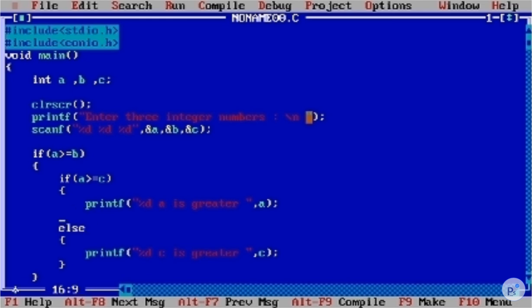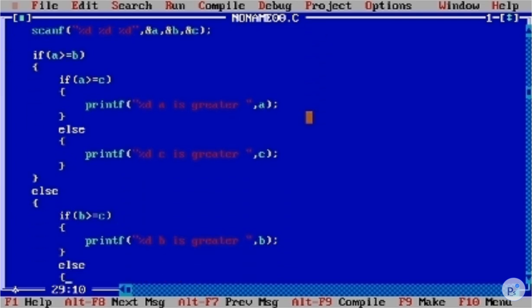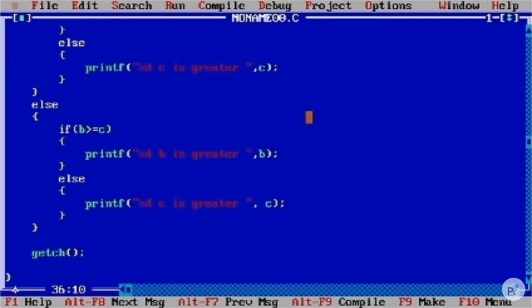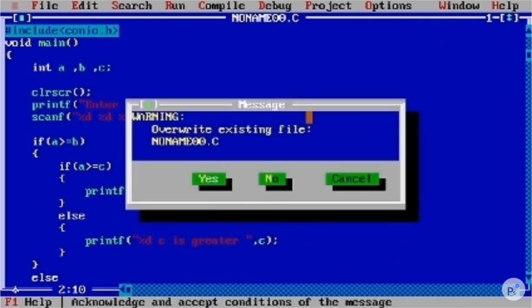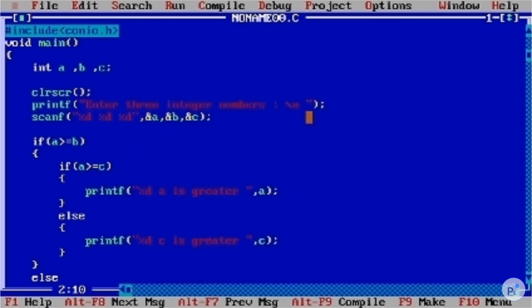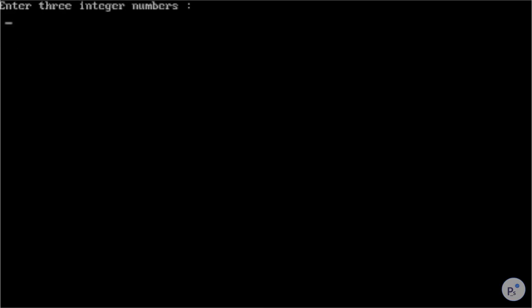I had given the wrong curly braces, remember that. Okay, that's that. Okay, no errors. Let's execute it.